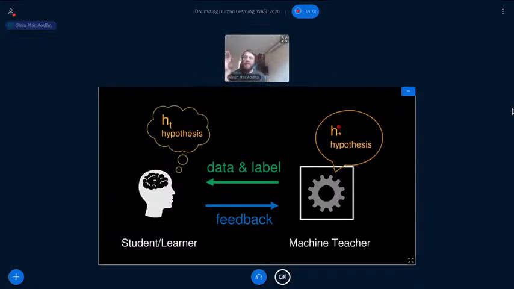We'd love to be able to just directly implant those parameters into the brain of the learner, but unfortunately that's not possible. We don't know what model they're using. We have no mechanism to do that. And so instead, the communication channel we have with them is much more impoverished. As the teaching algorithm, what we can do is present information in the form of data, so images and associated labels. And we can get some feedback from that learner, maybe their estimates. And if we're teaching in some kind of interactive setting, we can also update our model of that learner online and determine what to show them next based on this interaction.